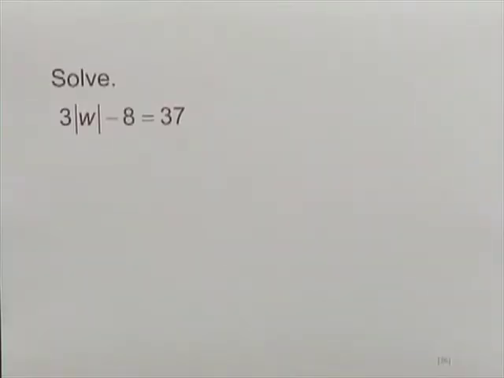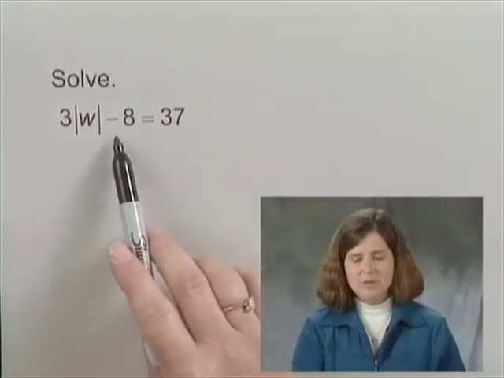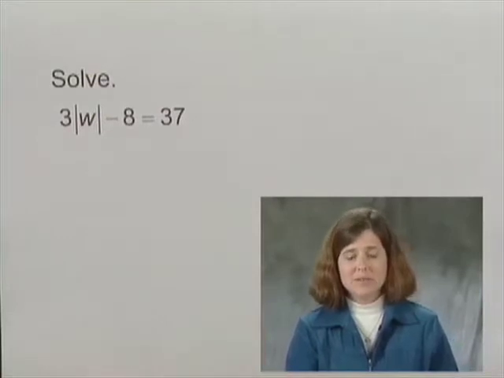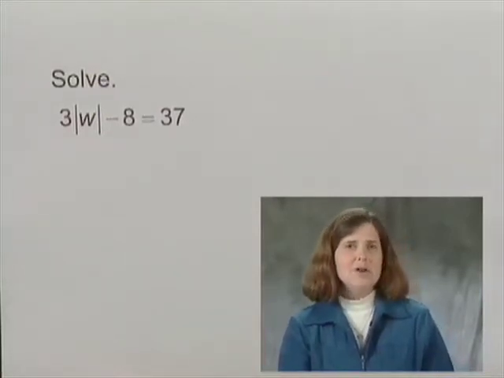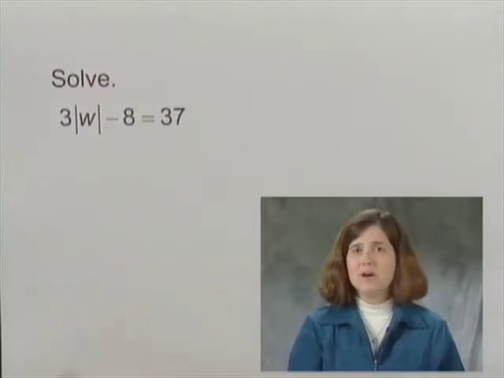We now solve an equation that contains an absolute value sign. We'll solve the equation 3 times the absolute value of w minus 8 equals 37. To start out with, let's just solve for the absolute value of w, just like we were solving for x